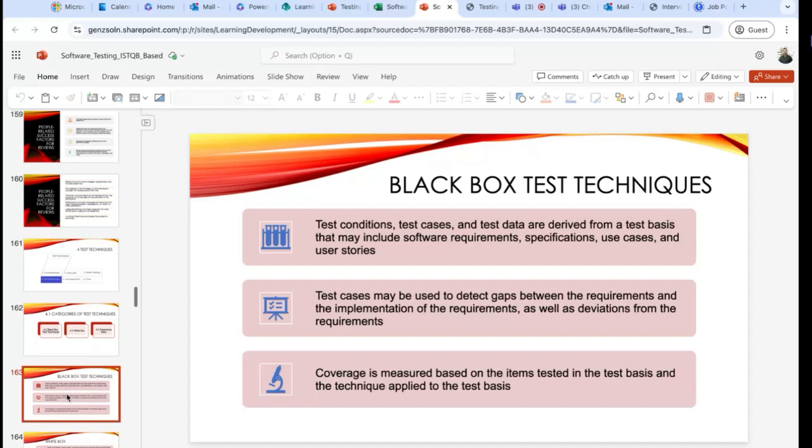Okay, so we don't actually go inside what is written in the code, and then we evaluate. So someone who doesn't have coding or scripting knowledge can actually perform black box testing. Basically in this, we verify the input and output, what input you are giving and what the output you are getting